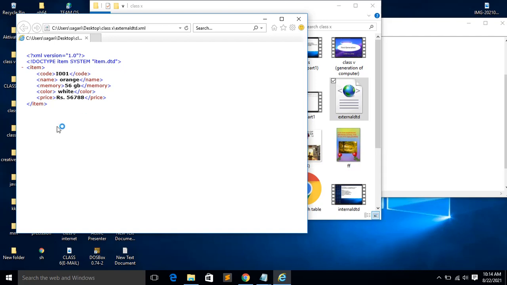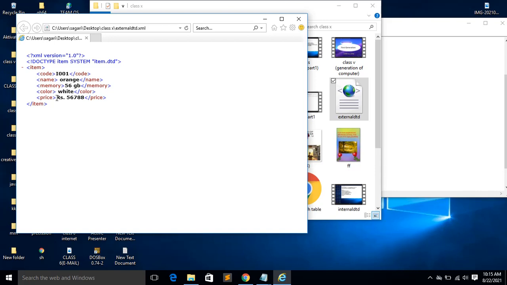That means the document type definition that you have stored in item.dtd is situated in your own personal computer, and you are calling that file in your system only by coding. This is why you are giving SYSTEM.